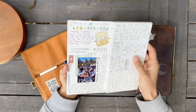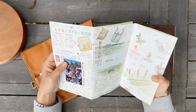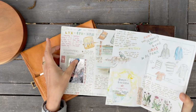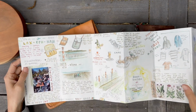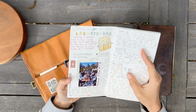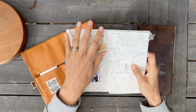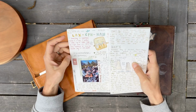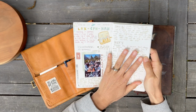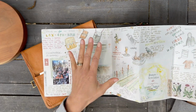And once again, I really liked the ability to flex the split size. I mean, I could even have done something in a 3 in the front, or it'd be really, really cool to do the whole thing as one split. But if I were to use this refill again for a trip, I'm thinking I might use this first page on the left as maybe an index or travel itinerary, just as an introduction. And then maybe here too, in some way, some overarching theme, and then go into the details of our trip